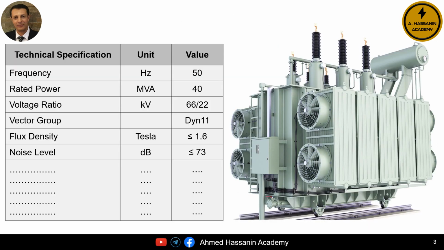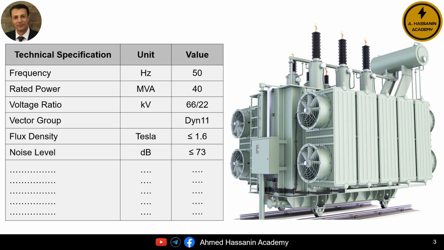Of course, if you need to purchase a new power transformer, the first step in the process of procuring a power transformer or any electrical equipment in general is to define the specifications of the required transformer. For example, the frequency is 50 Hz. The rated power of the transformer is 40 megavolt amperes. The transformation ratio of this transformer will be, for instance, 66 kilovolts to 22 kilovolts. The vector group is DYN11. The magnetic flux density is less than or equal to 1.6 Tesla. The noise level is less than or equal to 73 decibels, and so on,